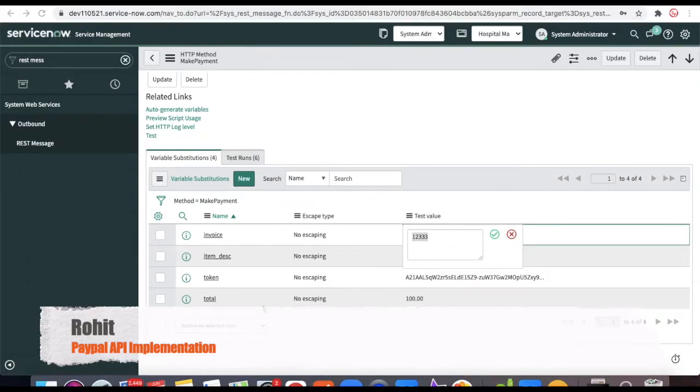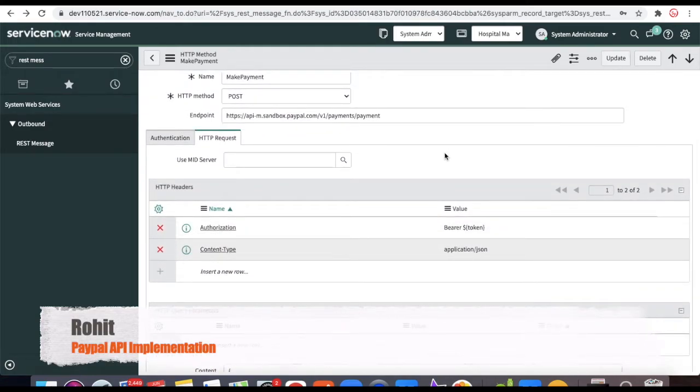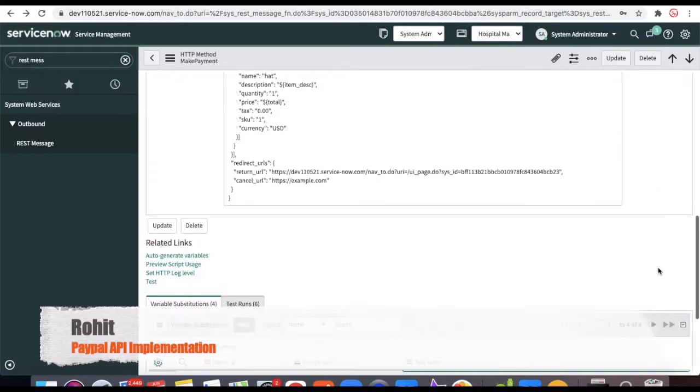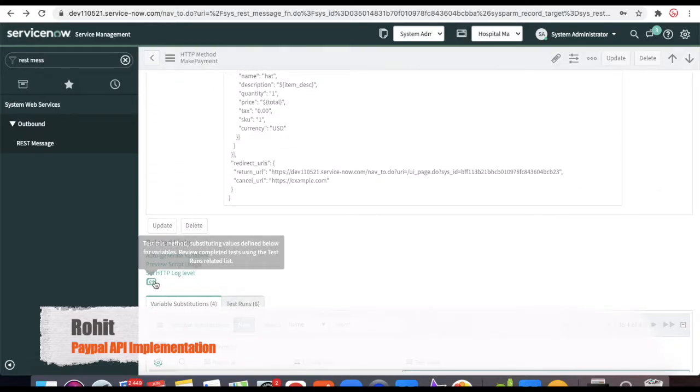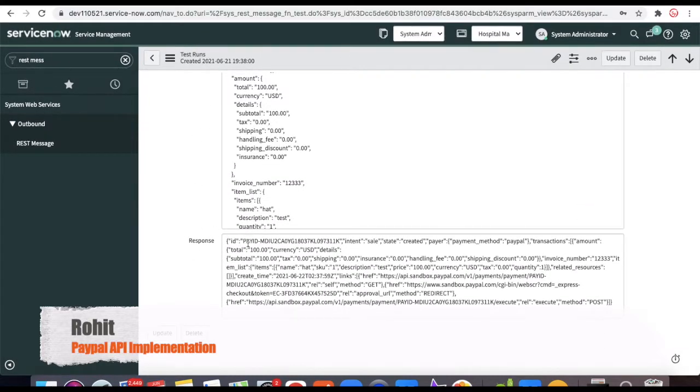After you have selected that invoice number, make sure that under this header, HTTP status content type, you have selected application slash JSON. Now if you scroll down and click the test, it should give you a response. This is the payment ID you are getting, and you have two types of URL, that is the approved URL. So you need to collect this approved URL and then you need to redirect them to